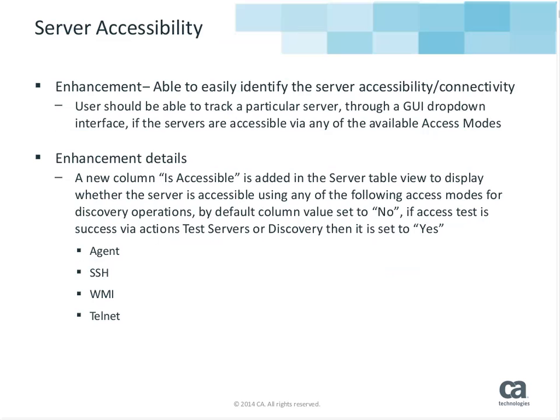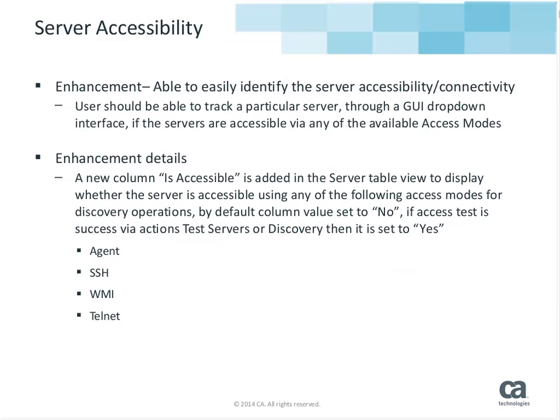Then we look at server accessibility. We want to identify server accessibility and connectivity. Users should be able to track a particular server through the GUI dropdown interface if the servers are accessible via any available access mode: WMI, agent, tenant. I'm talking about it in the next part here. A new column is added in the server table view to display whether the server is accessible using any of the following access modes for discovery operations. By default,